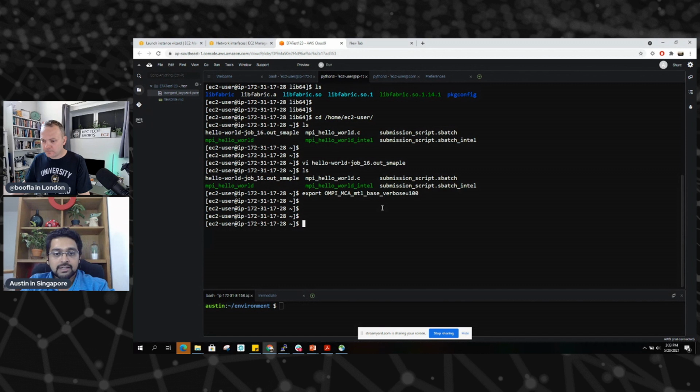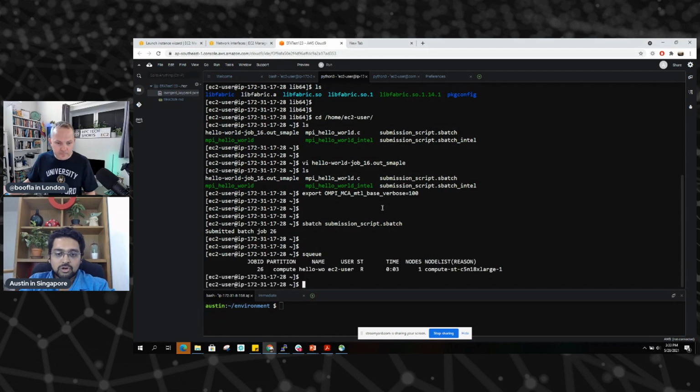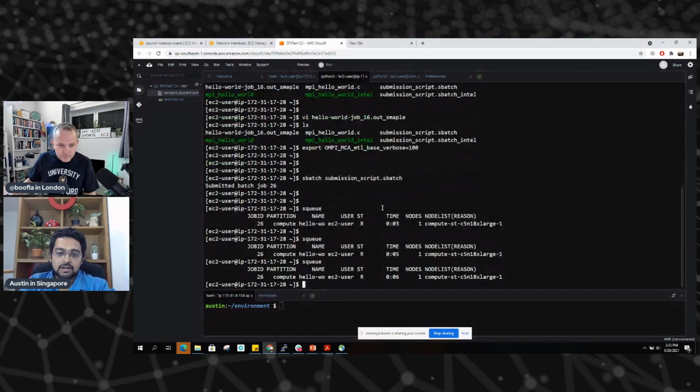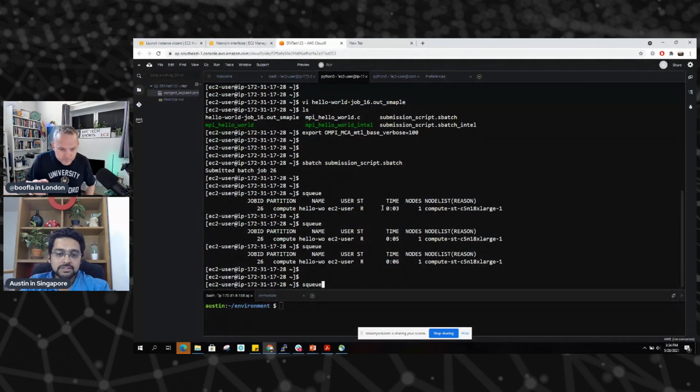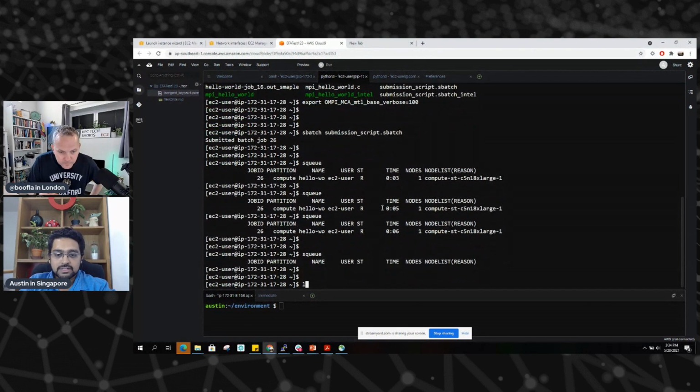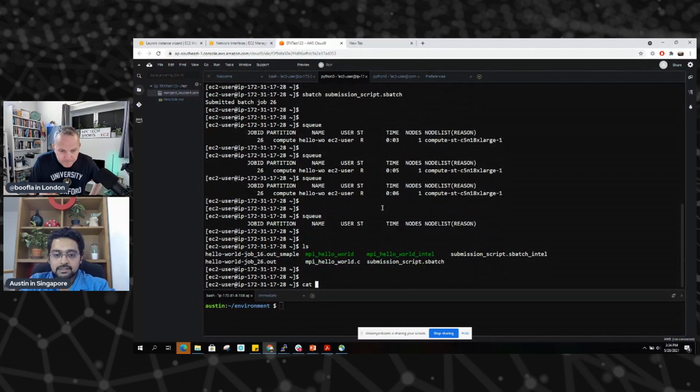So let's export that, and now let's rerun that MPI Hello World application and go through the output. I'm just going to submit a batch job, which is going to run that, and monitor it for a second. I've already got those nodes reserved, so I'm not going to spend time doing that. Now we can see that the job has run. Let's cat the job output